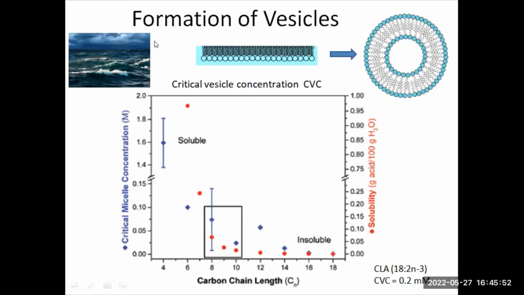Okay, so as I mentioned at the beginning, in order to have the formation of a double-walled lipid layer, we need to have a critical vesicle density. So on this graph, we're plotting the critical density, concentration, as a function of carbon chain length that you need. So we need a certain density